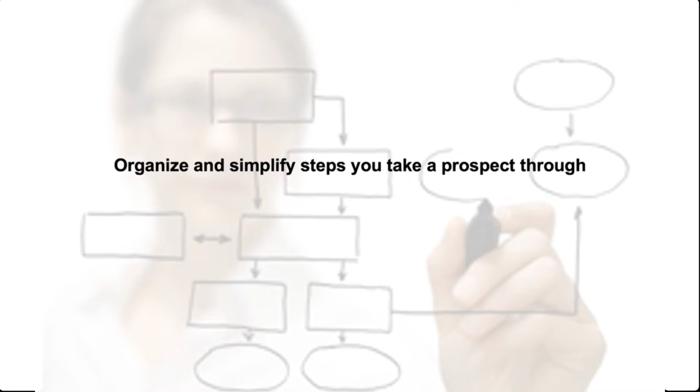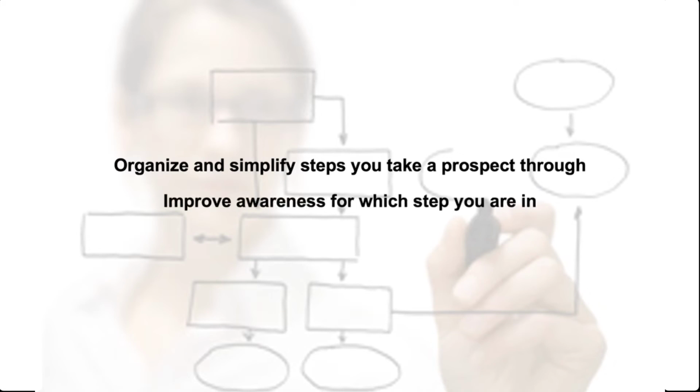talking to a prospect. You can try to take someone through these 3 steps, and what it can do is simplify what you're trying to do and provide more clarity for what you're trying to accomplish. And the other thing that we want to do with these 3 steps is we want you to become more aware of where you are in the process, and that will help you to identify what you need to do at each step. And so these 3 simple steps are going